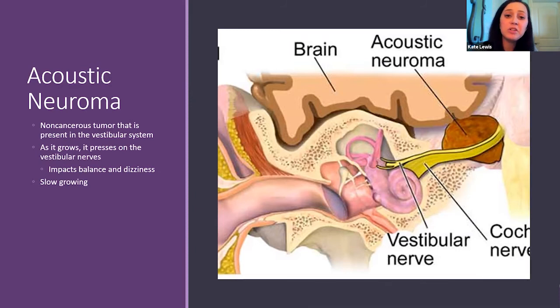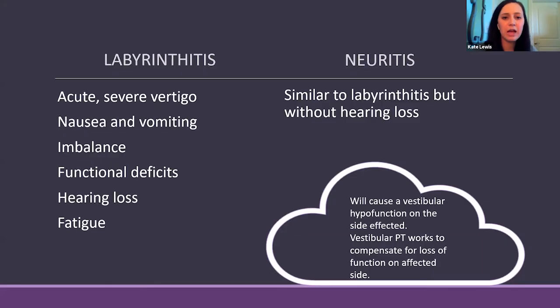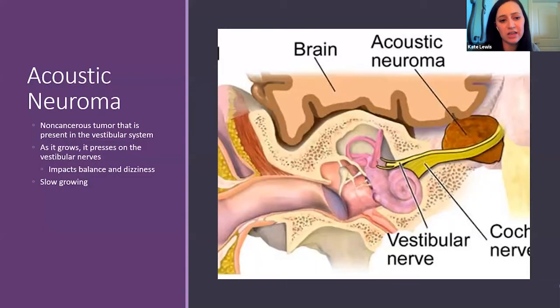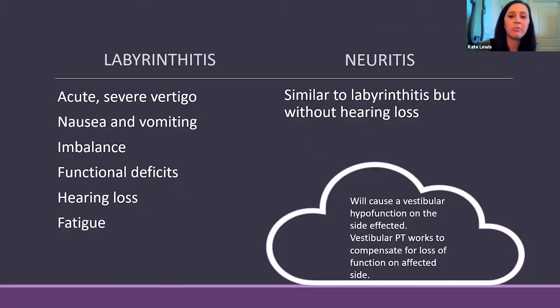neuritis. Now, the way we determine what you have going on with your dizziness is you usually go see an audiologist who does testing for you. I don't do that, so I don't have a lot of information on that in this presentation. But if you're interested in what testing they do, I can let you know. But things like an acoustic neuroma, a labyrinthitis or neuritis, those would be picked up by an audiologist in vestibular testing. And so an acoustic neuroma is going to impact balance and your dizziness much similarly to the way labyrinthitis and